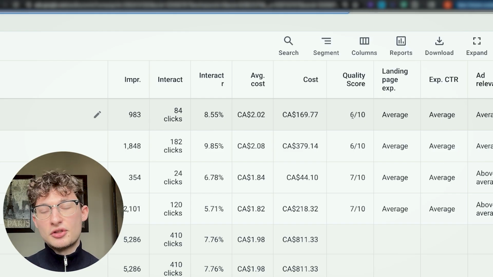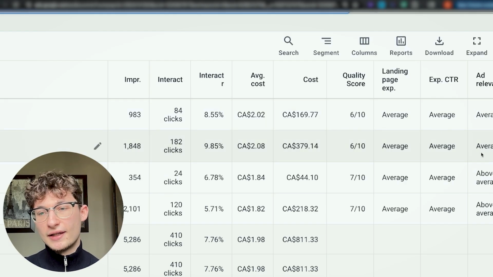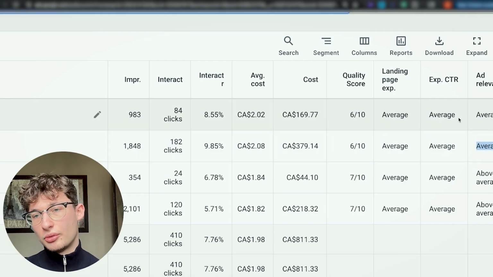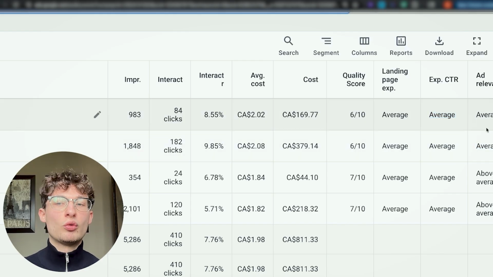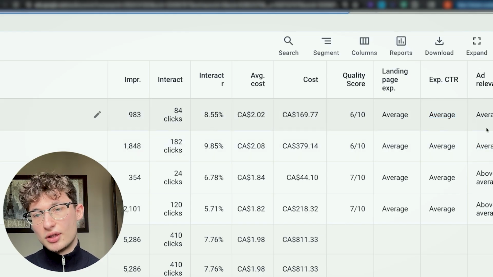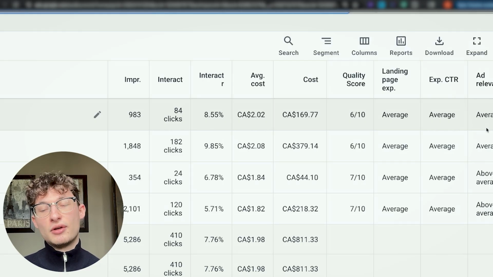And if you look into your actual account and you see you're below a 3, you're going to see a warning that says eligible, limited, low quality score. And that's something you obviously want to solve for, because if you see something that is below average, for example, expected click-through rate is below average or ad relevance is below average, you want to test segmenting certain type of keywords, the ones that you see have this low ad ranking, and actually create tailored ads around them where you